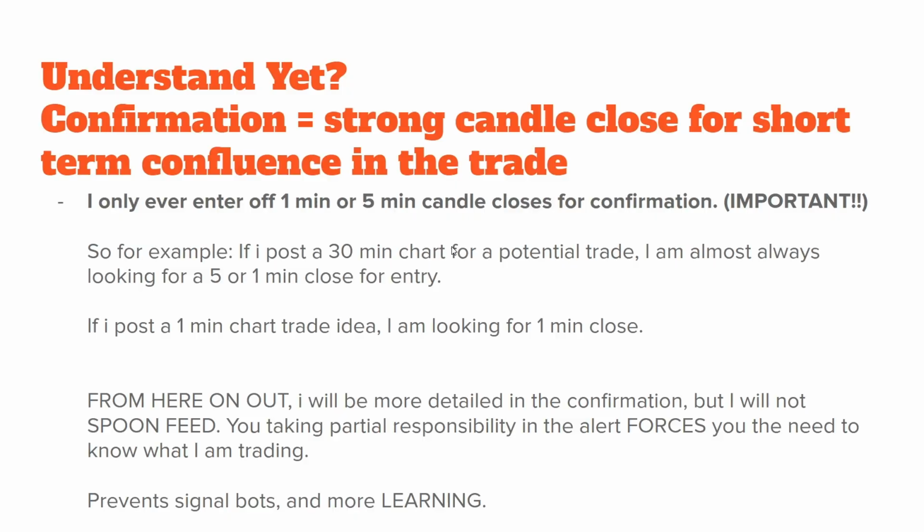So, yeah, this is the last slide. I basically said, understand yet, confirmation equals strong candle close for short-term confluence in the trade. I only enter off 1 minute or 5 minute candle closes for confirmation. Important, right? So for example, if I post a 30-minute chart for a potential trade, I am most likely looking for a 5 minute or 1 minute candle close. If I post a 1 minute chart trade idea, I am looking for a 1 minute candle close. From here on out, I will be more detailed on confirmation, but I will not spoon feed. You taking partial responsibility in alerts forces you to know what I'm trading, prevents signal bots, and means more